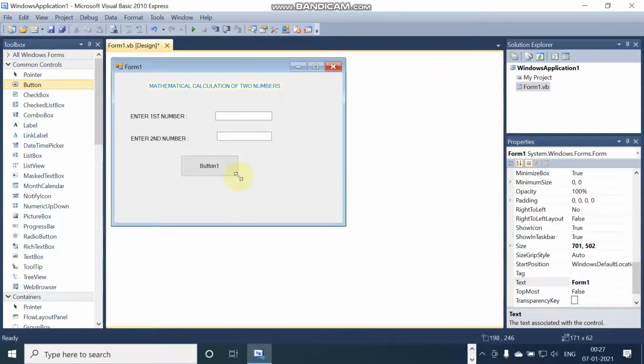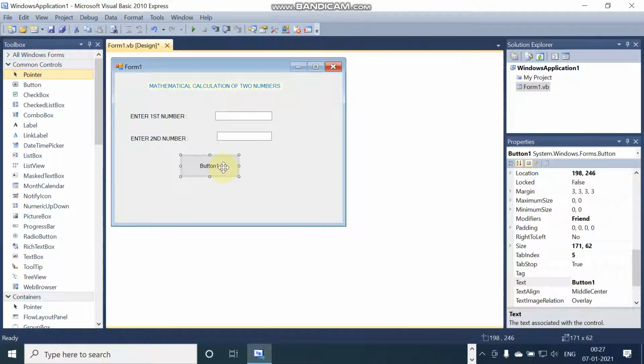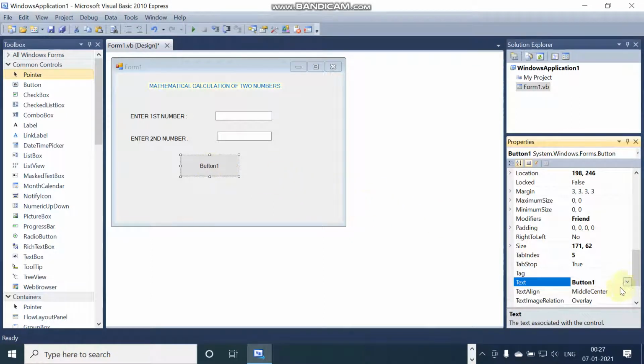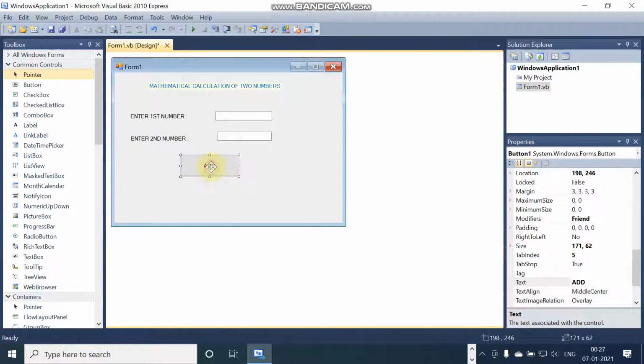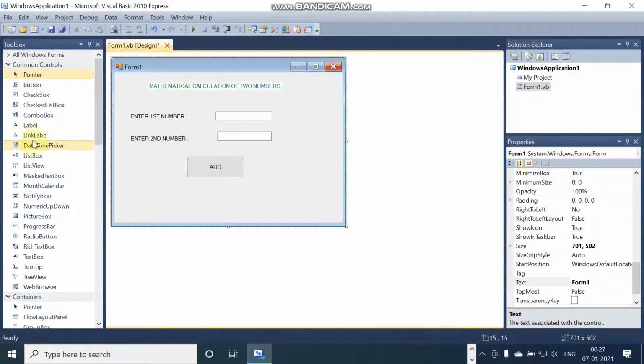For this button we will write the program. We click on the button, get to the properties, and here we are writing Add. That means we will add. When the addition is done, the result will be shown in the text box here only.